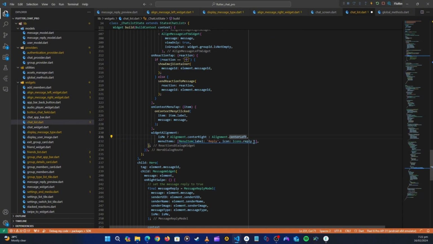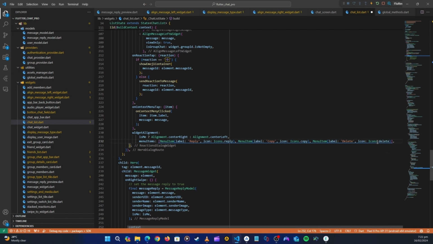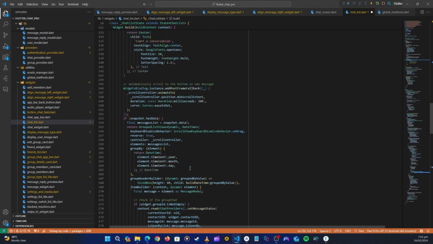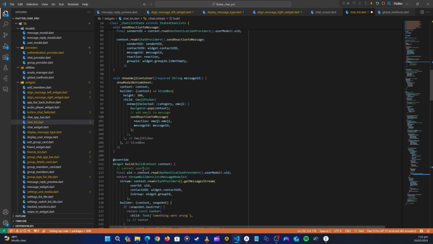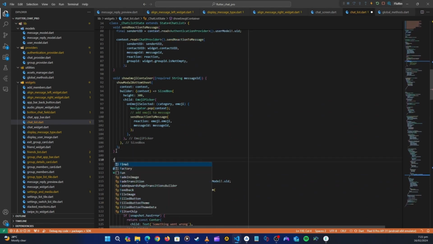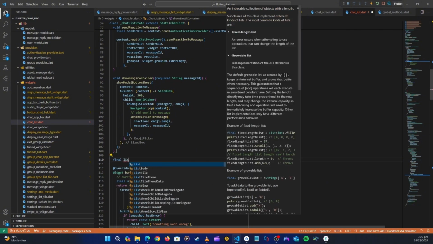All right, now we have one menu item, which is this one, and then we can have more here, okay, like that. Putting it like this is not really good. So let's just make a list of menu items. Okay, so final list